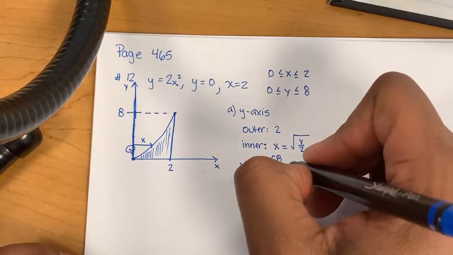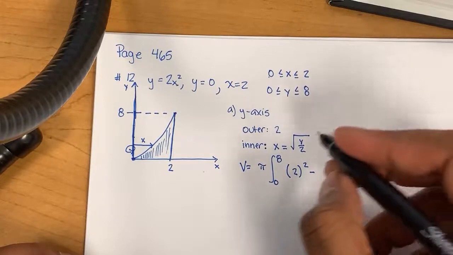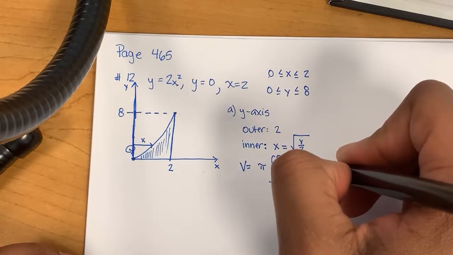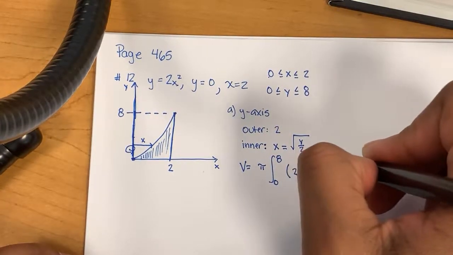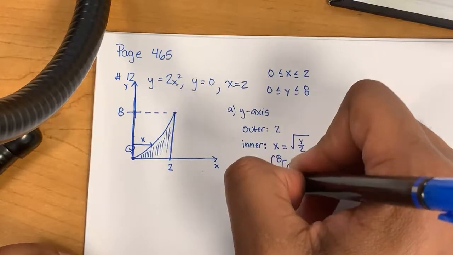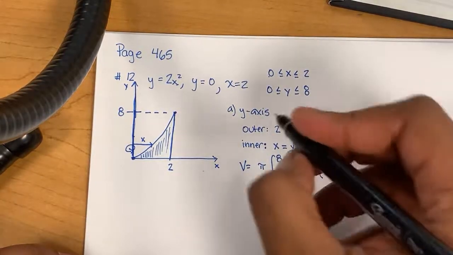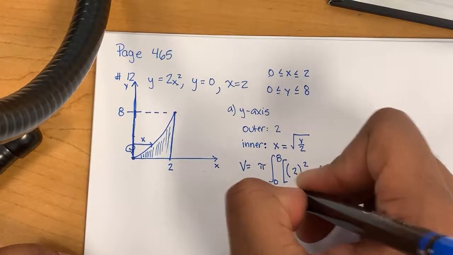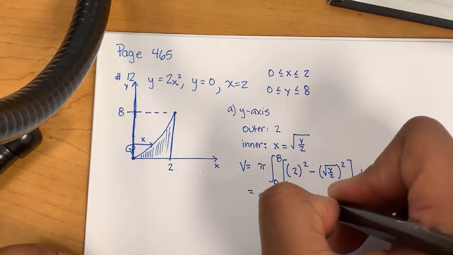And our outer radius is 2 squared minus the inner radius, which is going to be the square root of y over 2, squared, dy. So when we simplify, we get pi times the integral from 0 to 8 of 4 minus y over 2